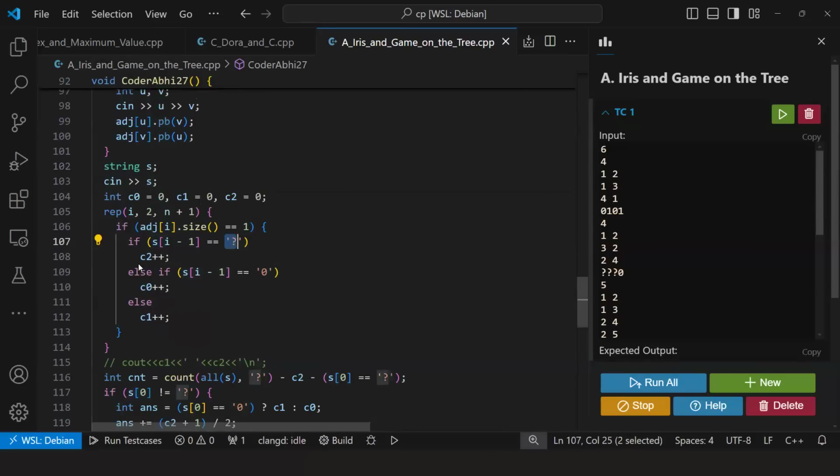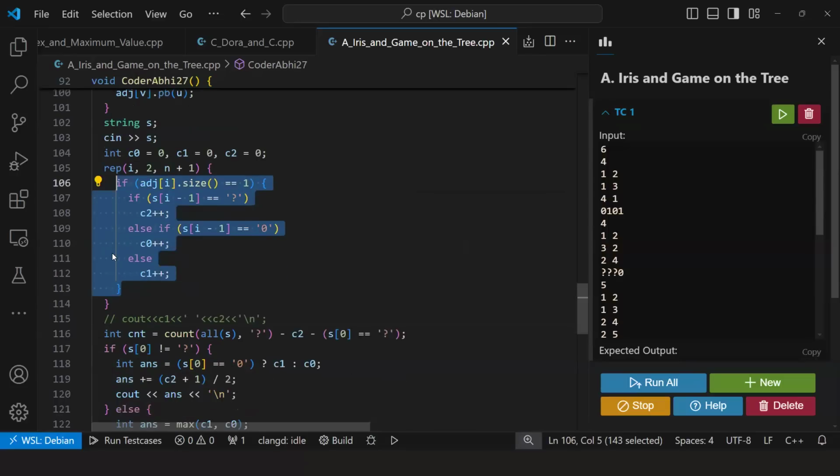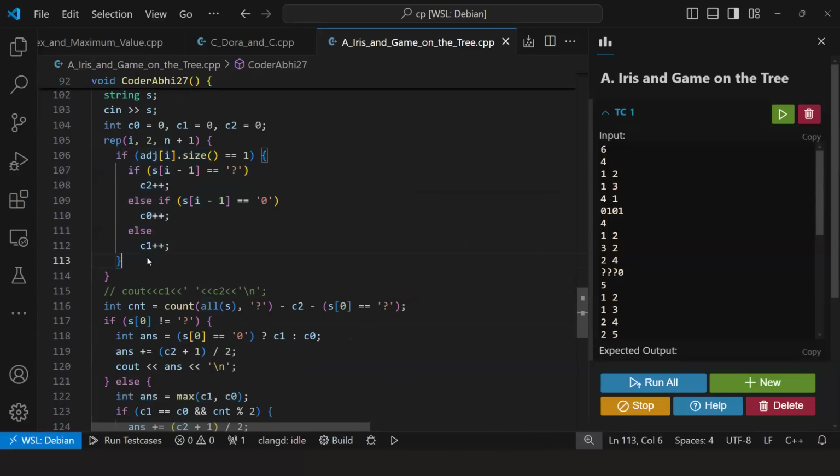If that is a question mark, add C2 plus plus. If that is a 0, add C0 plus plus, else C1 plus plus. So for the case of leaf node, this is what I am doing. And for the intermediate nodes, like here also you can do in the else part, you can write if it